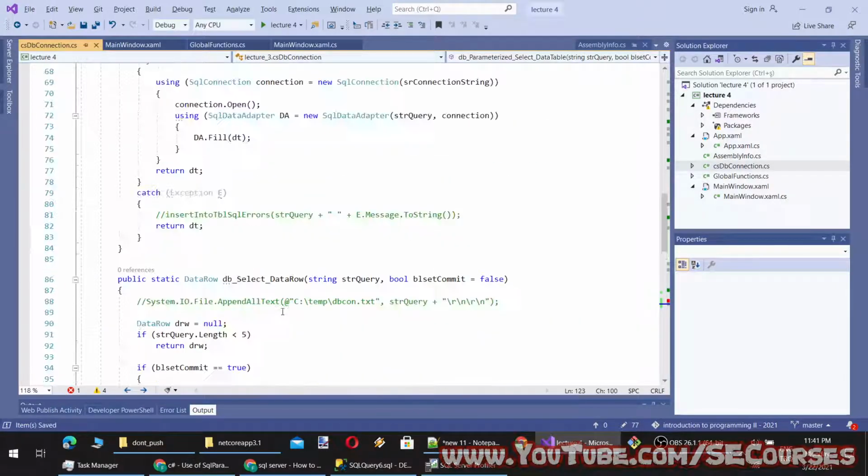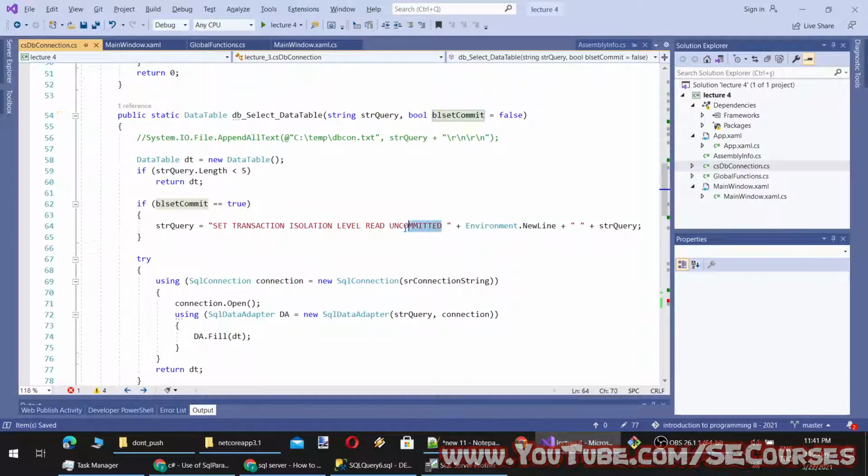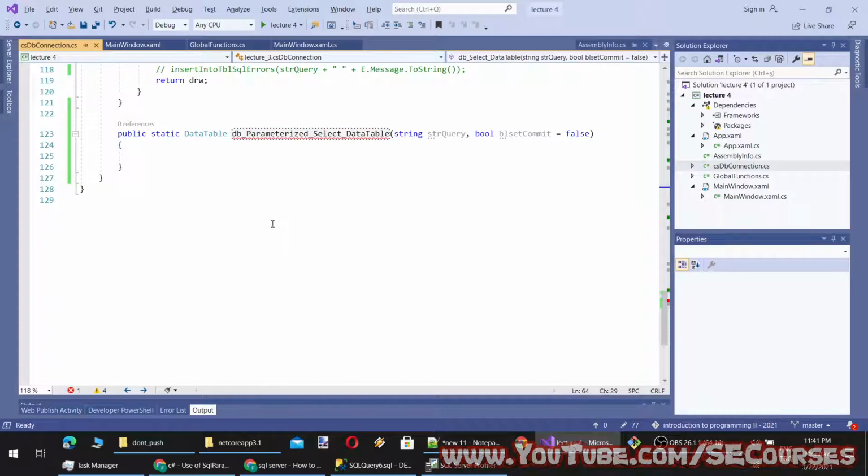commit self false. By the way, what is commit, if you wonder? This means select everything without locking the table. So this is about extra performance. You don't need to think about that, but you can search at home. I use this to select tables that don't change or where the data update is not important. So don't get confused with that. I'm just leaving it. You can search for it at home.